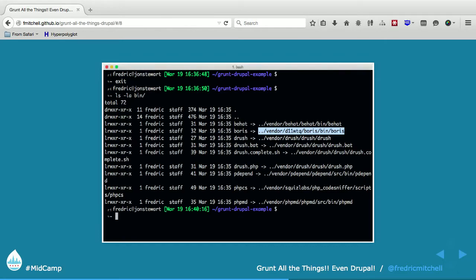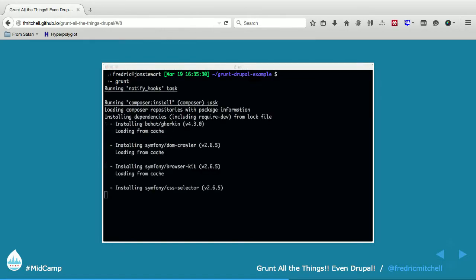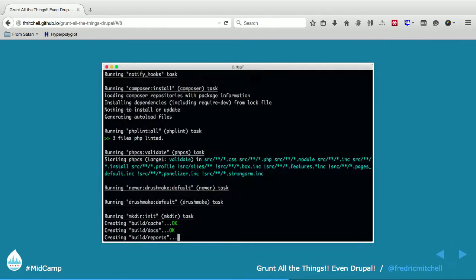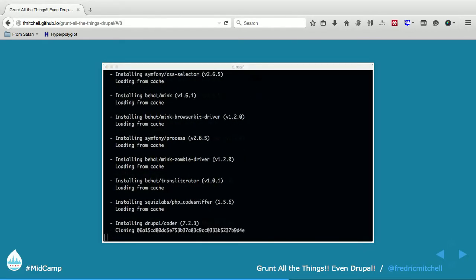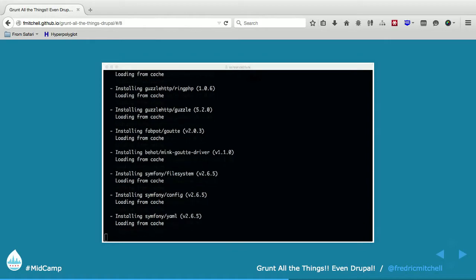are defined. So it'll notice, oh, okay, there's a dependency on Grunt Drupal Task. What are all the tasks defined in Grunt Drupal Task? Grunt Drupal Task will have all these tasks specific to Drupal. It'll build your folder, it'll do the testing, etc. The really cool thing is if you want to see this in real time, outside of what's already showing here, you can just add a -v verbose flag to Grunt, and it will literally show you every single thing that